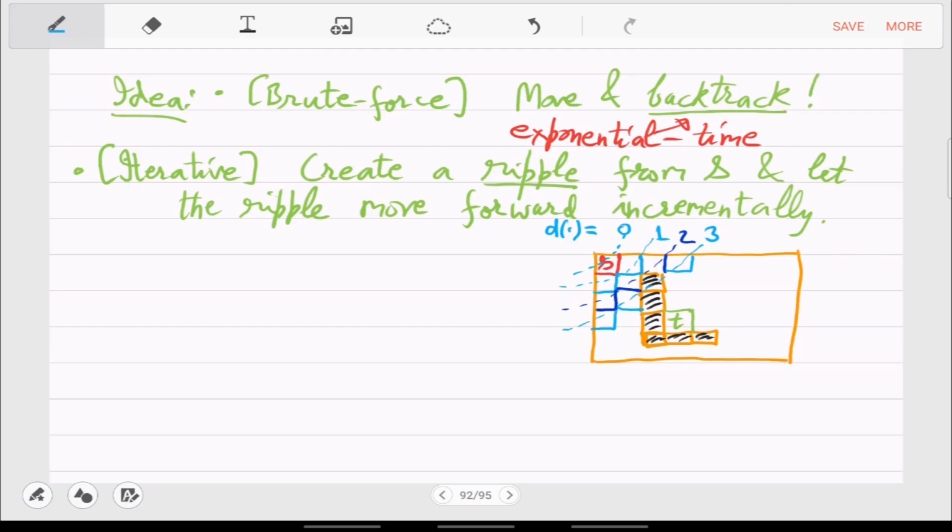So that is why it forces you to go through a circuitous route. So you will come here, then you will come here, and then you will hit T. And then finally, this will be distance 6, I think, if there is no mistake. Okay, so this is the ripple-based idea, starting from S and then moving incrementally. Any questions here?